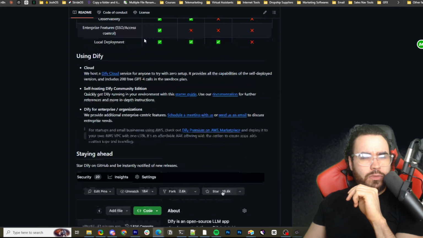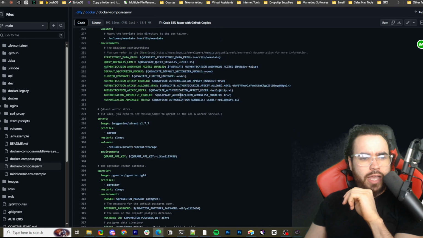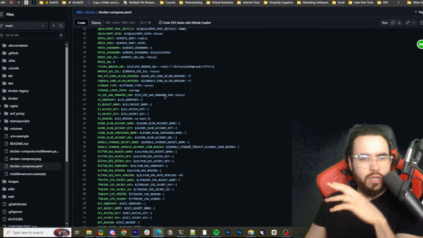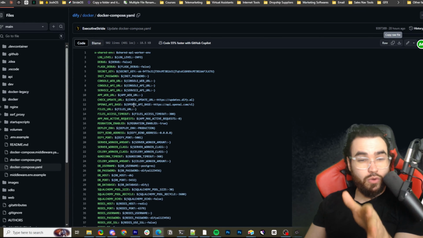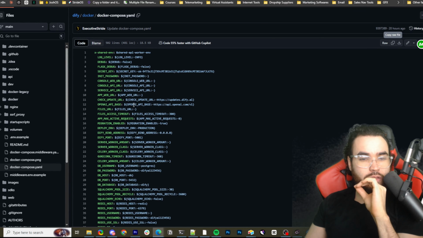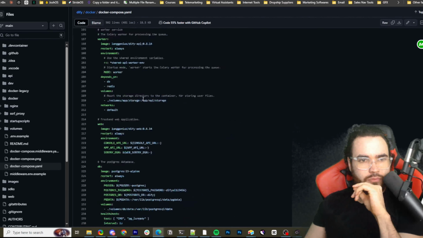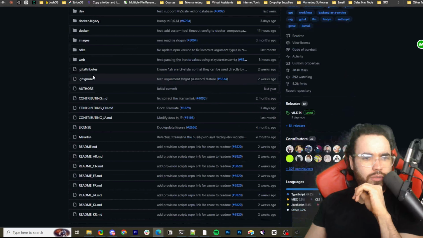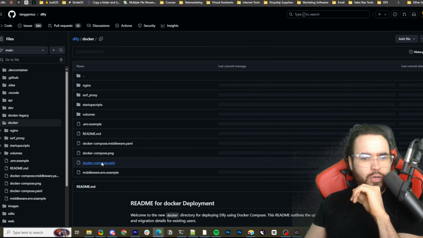All right, so what you're going to want to do is fork the whole entire project. The only thing I changed in the Docker Compose of the fork, which is the only thing you're going to change, is you're basically going to remove the container. If I go to Docker here and then go to Docker Compose YAML,